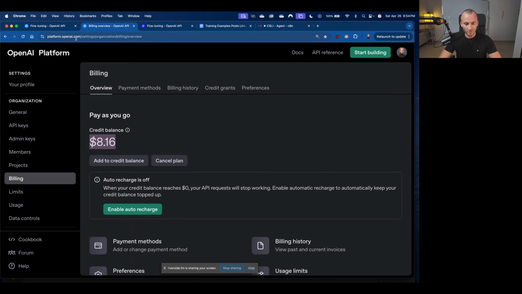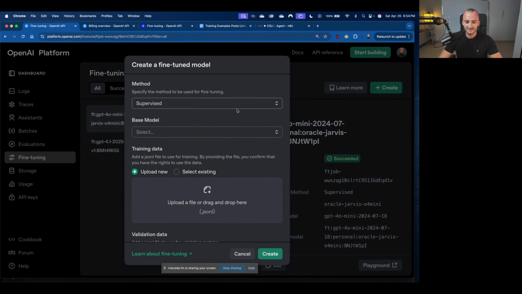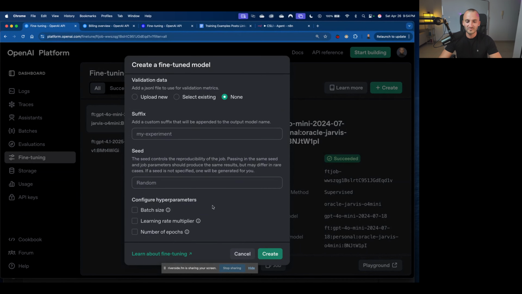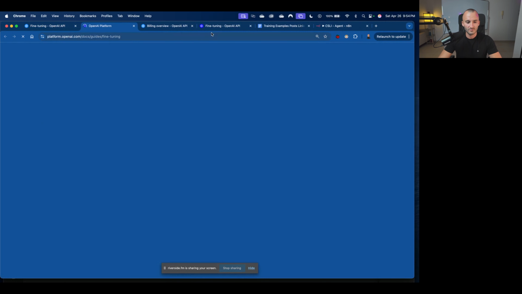I think that's platform.openai.com again. Yeah, or billing. They don't make it too hard to get to that page because they like you going there and uploading some money. All right. Now, as soon as you have this in here, you could theoretically go to the fine tuning page, click on create, and start fine tuning your model. Now, we're missing every step before that, so let's cancel here. They do have a pretty extensive documentation. If you click on learn more here,